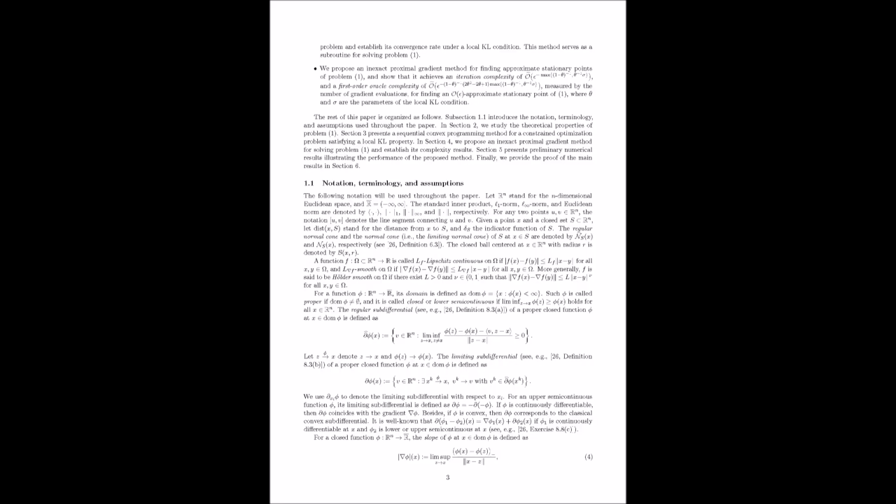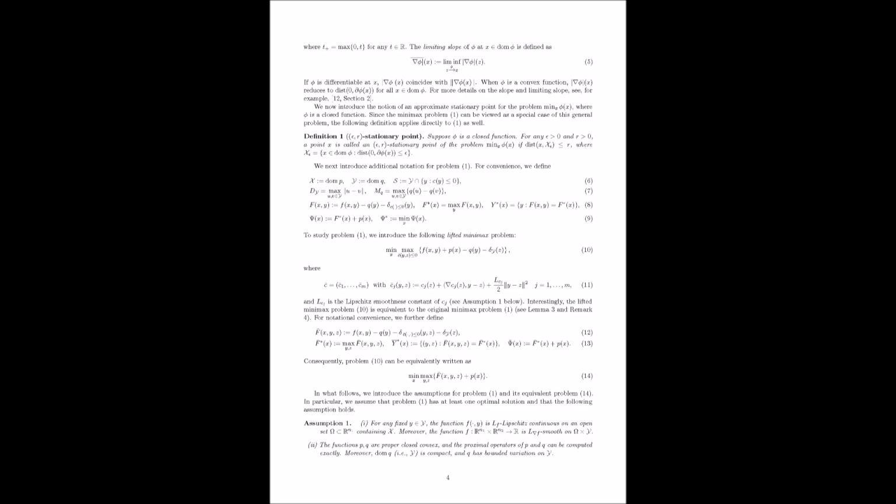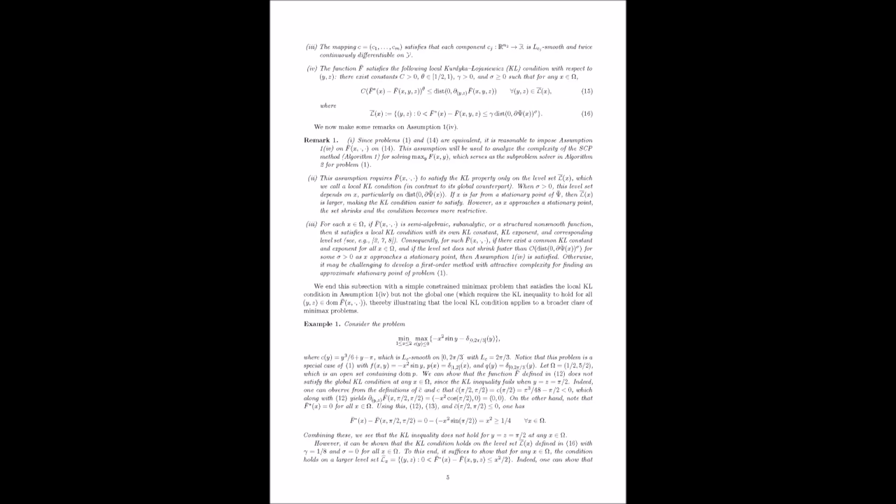So moving from PL to KL allows the theory to cover a much broader, more realistic class of objective functions encountered in practice. Exactly. It extends the reach of convergence analysis significantly. The KL exponent, theta, which typically lies in the interval [1/2, 1), becomes a crucial parameter characterizing the geometry of the function near its stationary points.